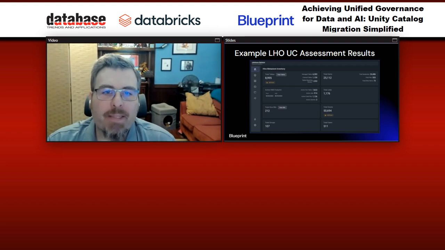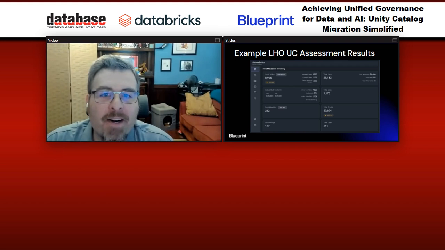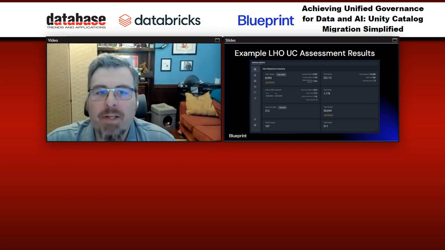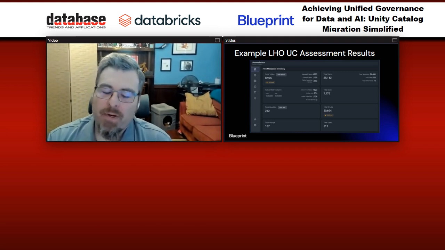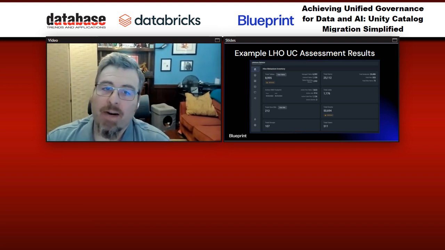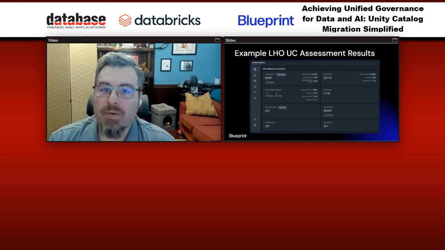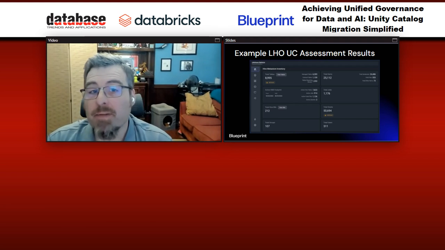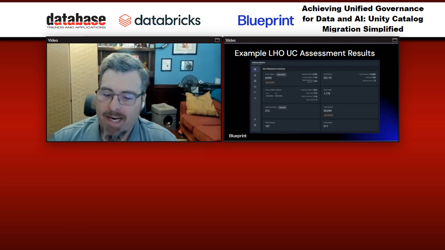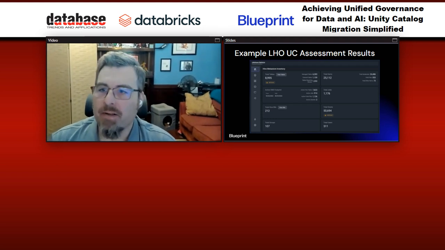Then if you look in the next box down, you can see of the 8,995 tables, 7,800 of them are actively being used. We actually dig through your queries and the actual execution of your own code in your environment. And we want to see how many of these objects in Hive Metastore are actually being used on a regular basis. How many of them are possibly orphaned? So this active footprint really delves into that and gives us a better picture of your current state.